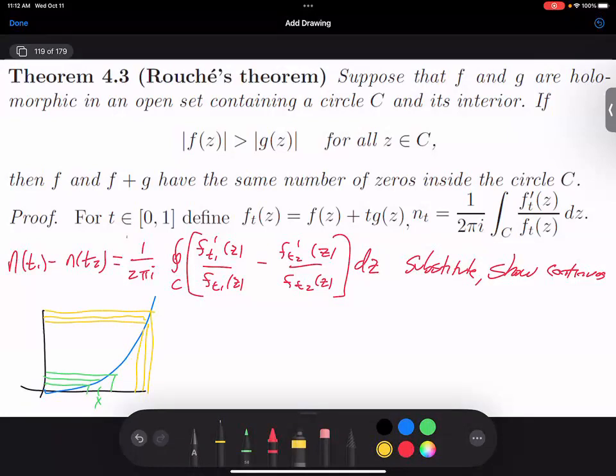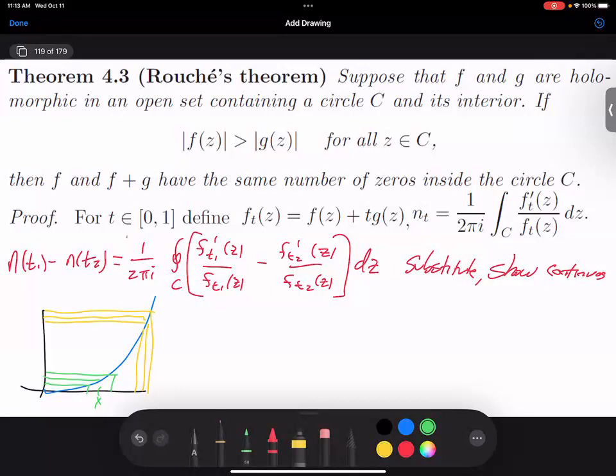A function is uniformly continuous if, given an epsilon, you can find a delta that works simultaneously for all x's. And so if there's time at the end of today, we'll talk a little bit about how you would do something like that. But this is a great place to use uniform continuity. More,